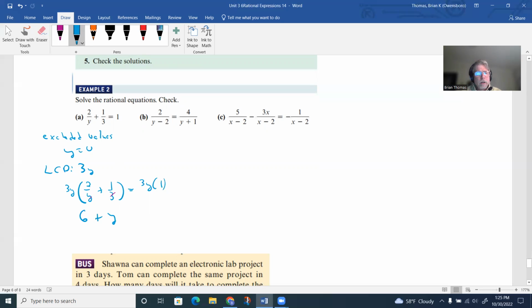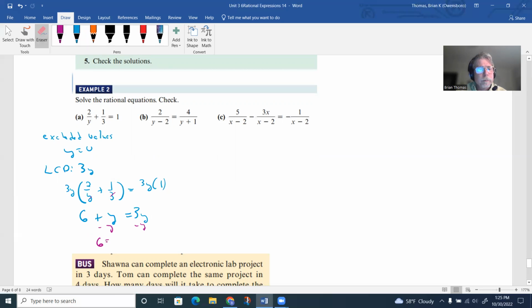So again, if you can do that math mentally, that is the best way to do it. And then on the right-hand side, we have 3y times 1. That's going to be 3y. So again, to solve for y, we have to get the y on the same side of the equation. So I can subtract a y here as long as I subtract a y over there. That's going to give me 6 equals,